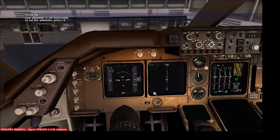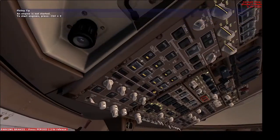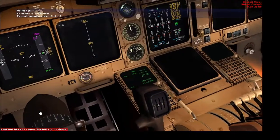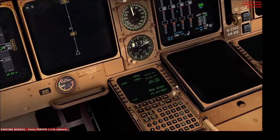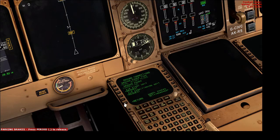Ladies and gentlemen, welcome to today's flight, Speedbird 58 Heavy from Johannesburg International to Cape Town. It's a kind of non-regular flight, but that's okay. We are here at stand Alpha 6 at Johannesburg, so just starting to get everything up and running, and we can start the